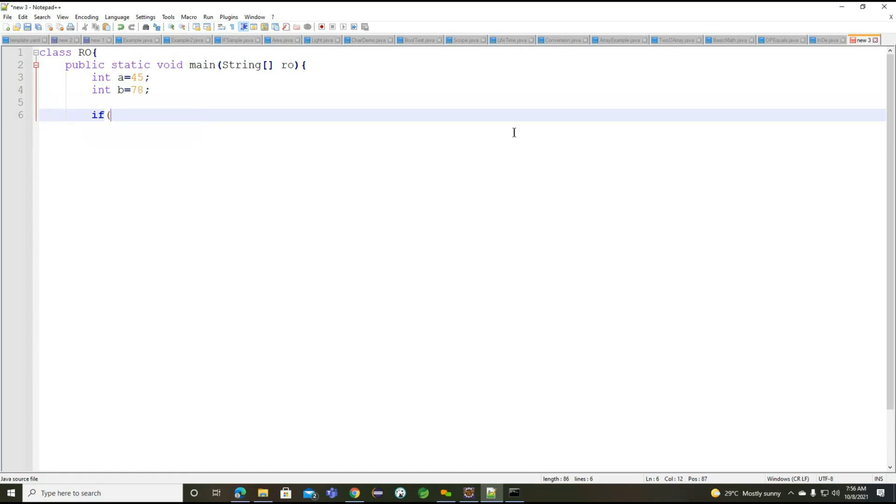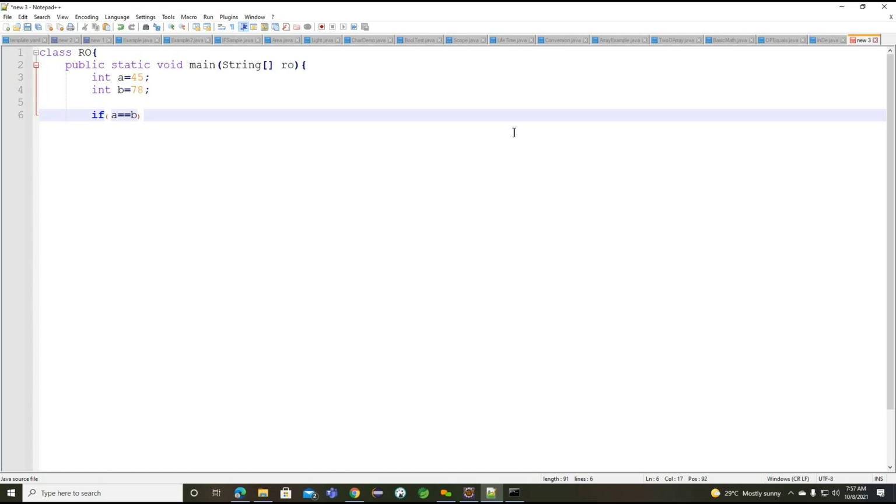Okay. Now we need to use a condition here. With the help of this condition only, we'll define the values. Let's see what value we can define here. A equals to B, the double equals operator we are using here.